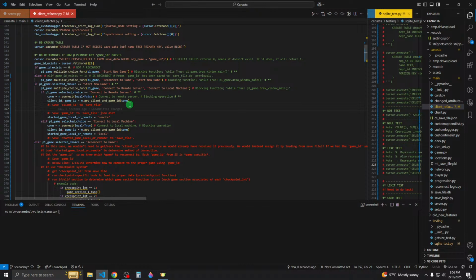Well, we know in this case that we don't have a client ID, right? Because you're starting a new game. If you're connected to the remote server, you're definitely gonna get a new client ID, so it's not like you could use one you already had. So we would say cursor execute, and then we want to select. Well, no, not select. We want to